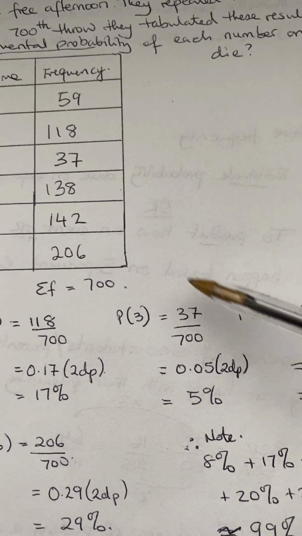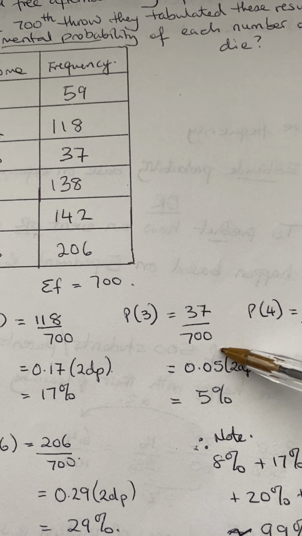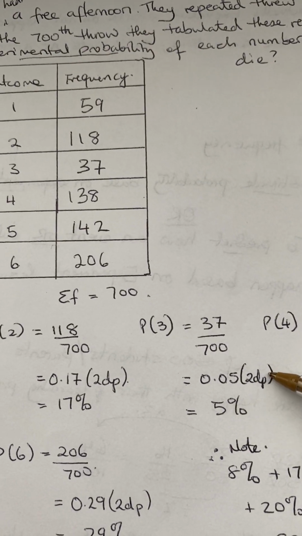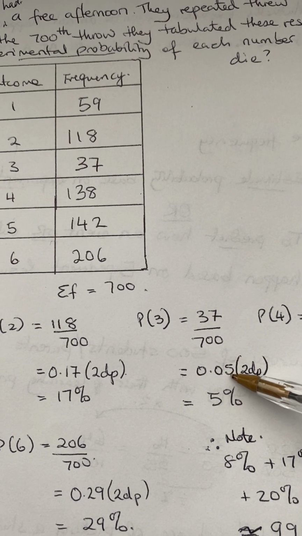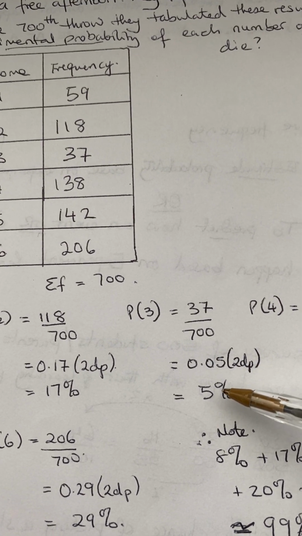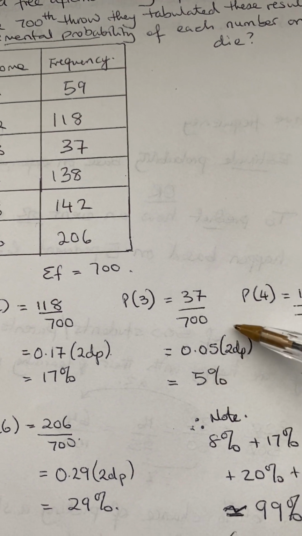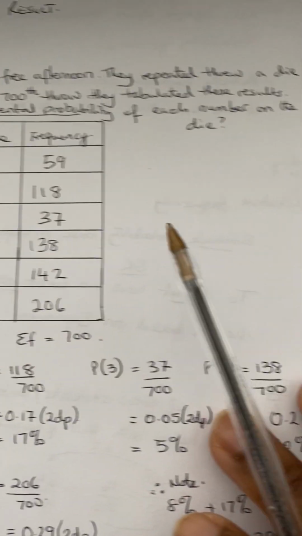With a 3, it's 37 out of 700. And then to 2 decimal places is 0.05, times 100 is 5%. Okay. With a 4